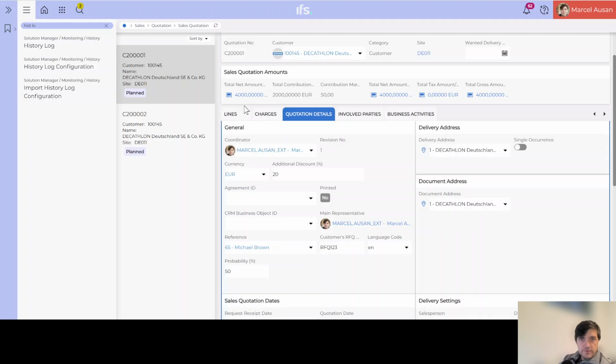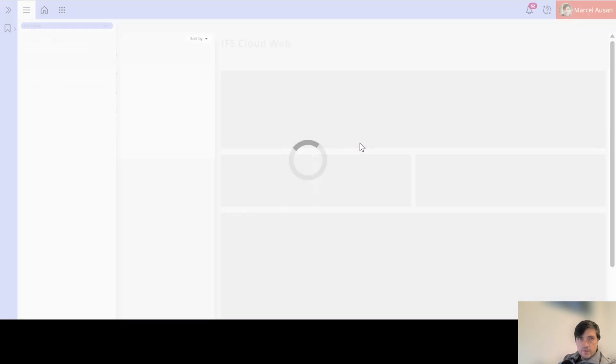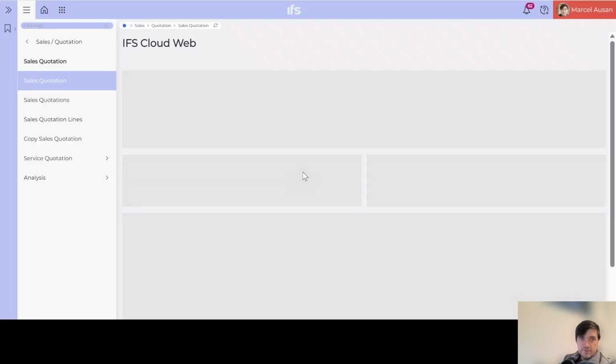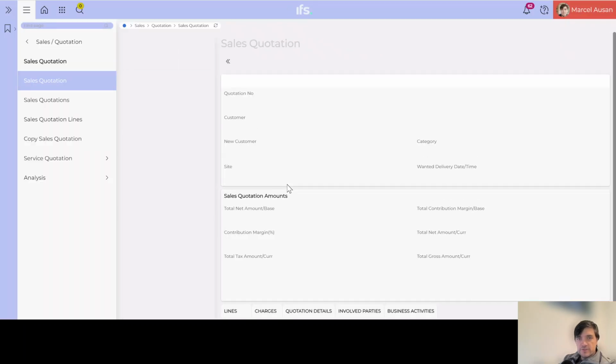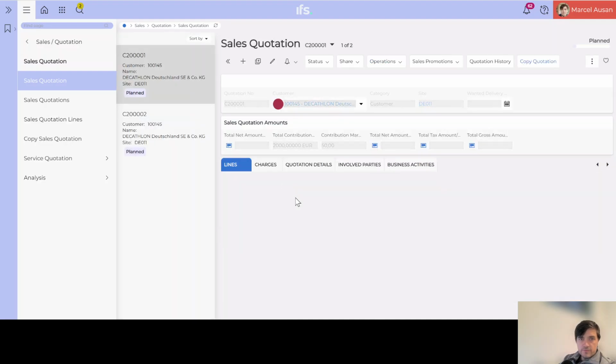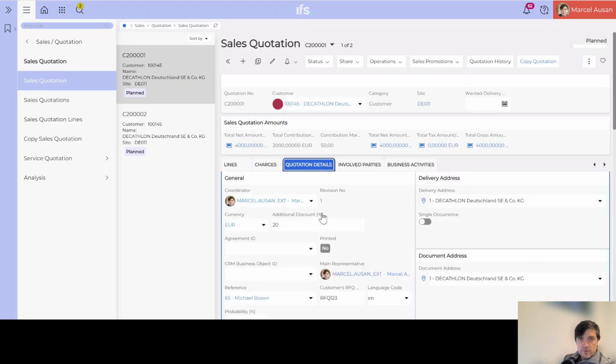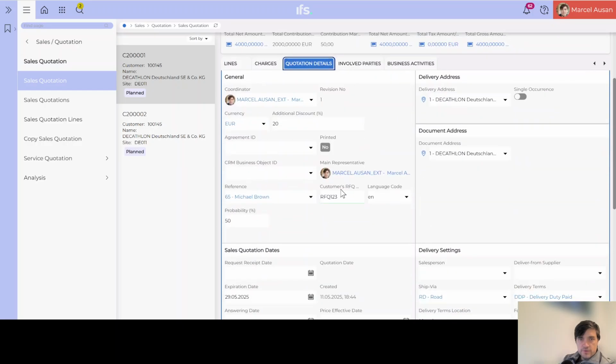But let's just refresh the page and have a quick look at it. I will show you also how to find the column name. Let me just do a quick refresh. If we don't know, because sometimes the label that we can see in the sales quotation is not actually the field name in the database, yeah, but we could also come to it with, so customers RFQ number,